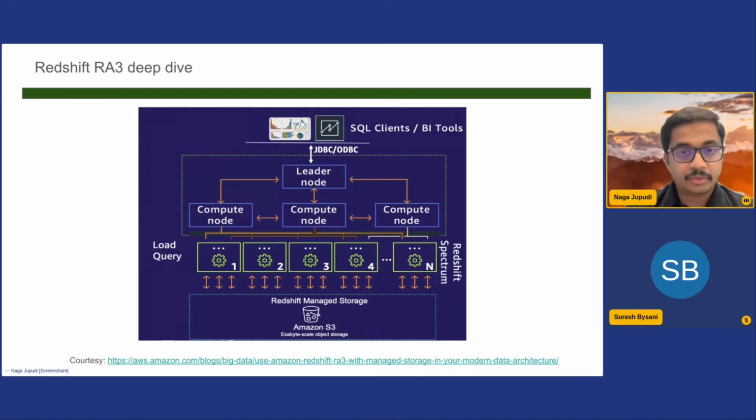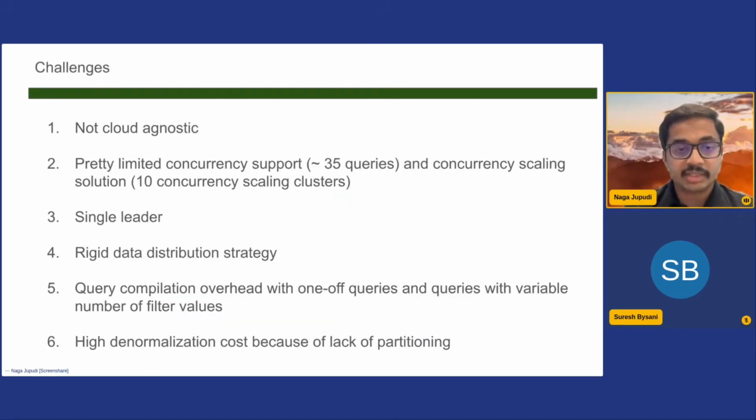And if you look at the diagram here, there is only a single leader node which is taking care of heavy lifting of dealing with the clients, doing all the terminal logic of all the SQL queries, doing all the final aggregations if required on the leader node itself. So there is only a single leader bottleneck here. And within Redshift, we do have the data distribution strategy similar to what StarRocks offers, but it's pretty rigid. They support only the distribution key and the sort key, but the callers cannot specify the number of buckets, and there is also no native partitioning support out of the box.